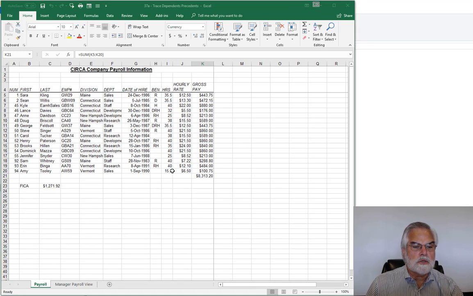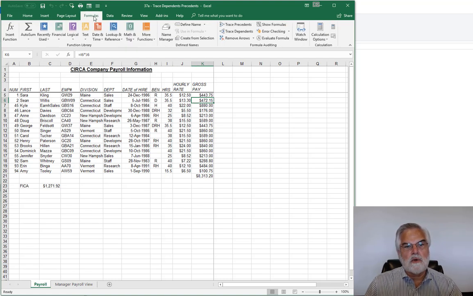Okay, I'd like to show you how you can trace dependents and precedents. There's a difference. First of all, you'd look at a number like this and say, let's start here. Are there any precedents or dependents? Well, actually, this number has both. So you could actually go to the formula